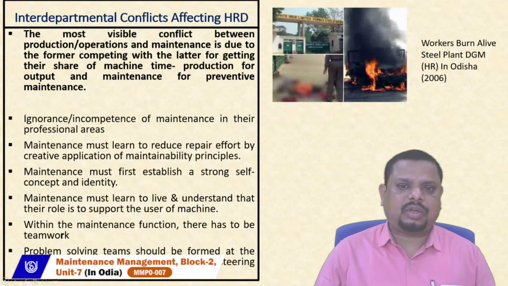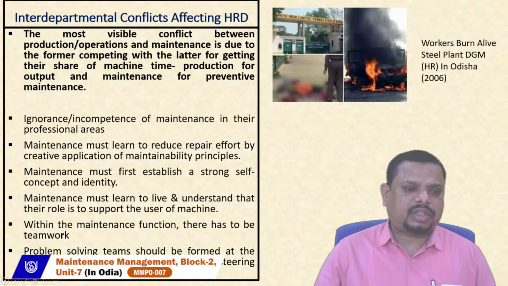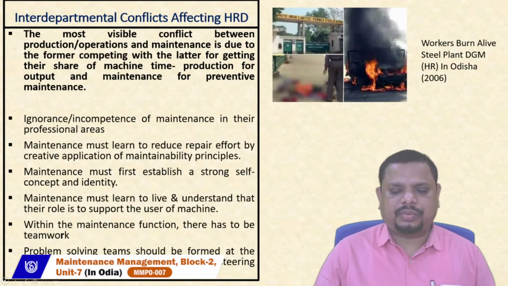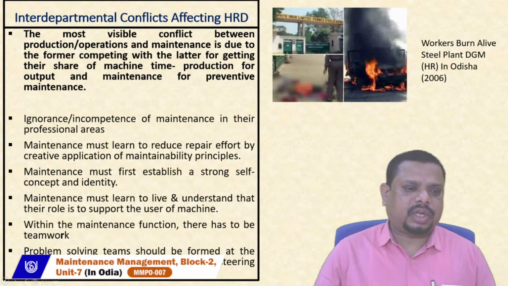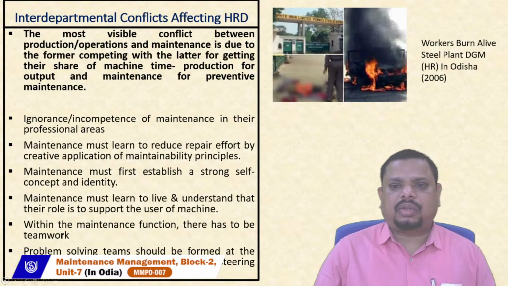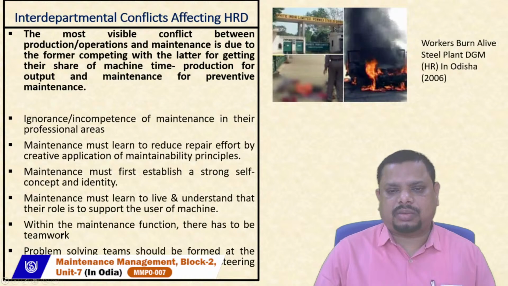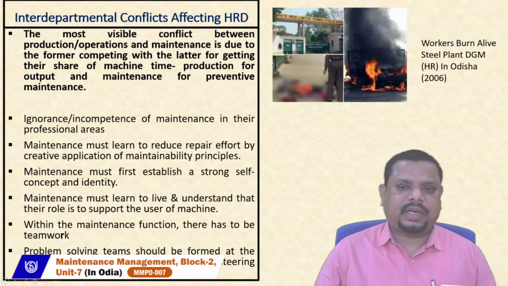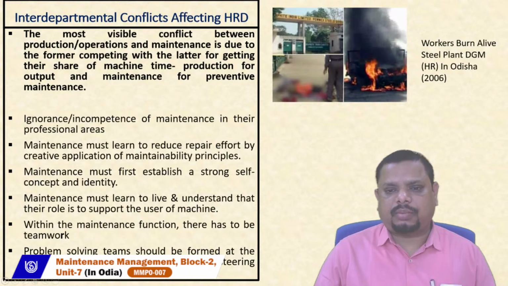So in the year 2006, due to the formation of a number of labor unions, and due to the company not providing the parallel, or expected, salary to daily wages workers, during lunch time the DGM HR, who was seated inside his vehicle, was burned directly in front of the gate, and no one helped to save his life.